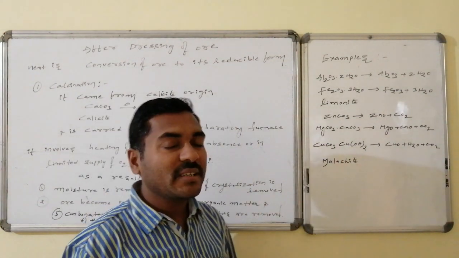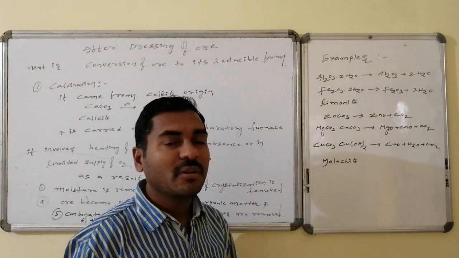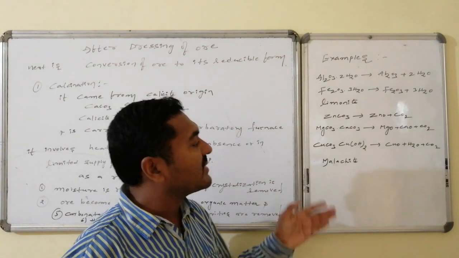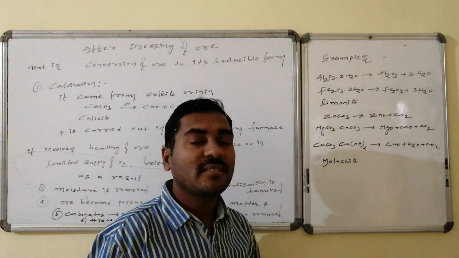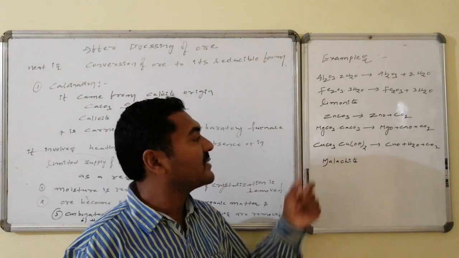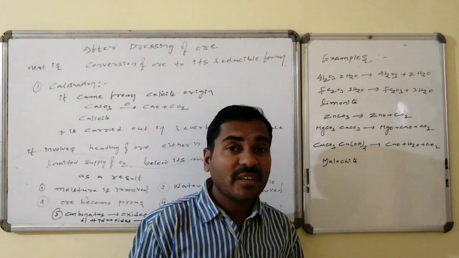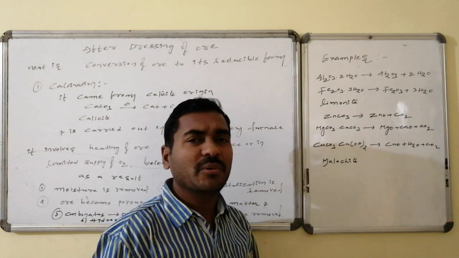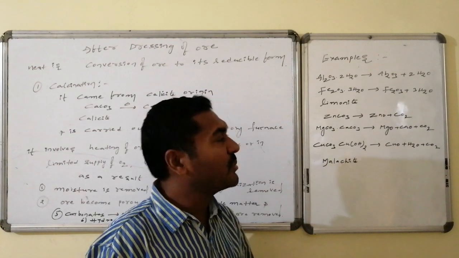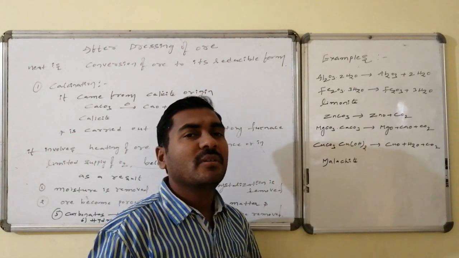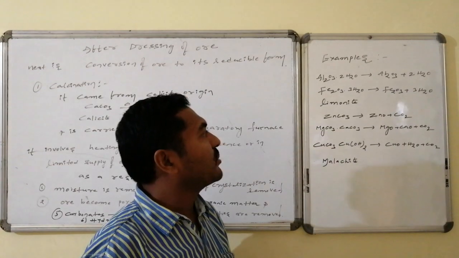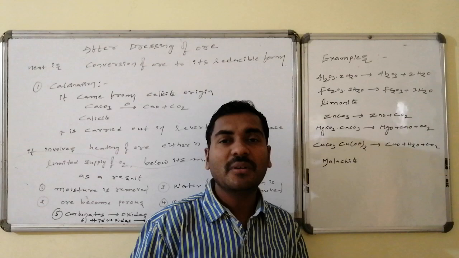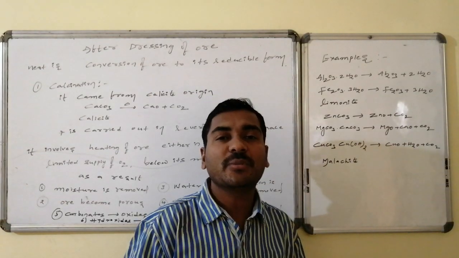Whereas dolomite, magnesium carbonate with calcium carbonate, is converted to magnesium oxide and calcium oxide followed by carbon dioxide. Even malachite, a carbonate and hydroxide ore combination, on calcination is converted to copper oxide, followed by water as well as carbon dioxide. Thus, moisture is removed, volatile impurities are removed, organic volatile components are removed, water of hydration is converted to oxides. Similarly, carbonates are converted to oxides. Carbonates and hydroxides combination is also converted to oxides. Oxide is easily reducible form.